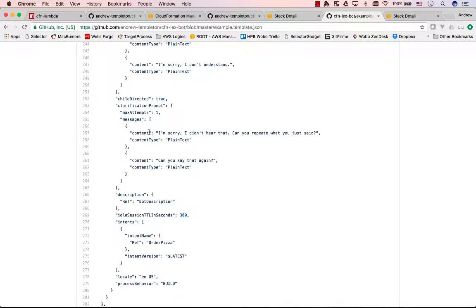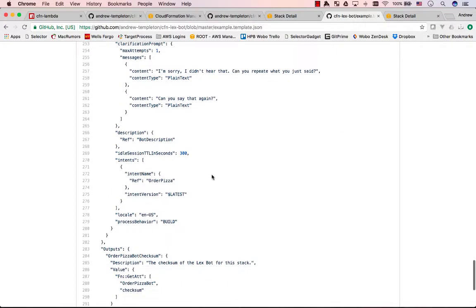Clarification prompts for any kind of issues, if it doesn't understand things you're saying when it's reprompting for different slot values. The description, you can set the description, the parameters to see what a non-destructive update, or non-replacement update, is, how long the session should be maintained, the intents that should be installed on the bot. This guy speaks English, and this process behavior is set to build to make the bot build as soon as